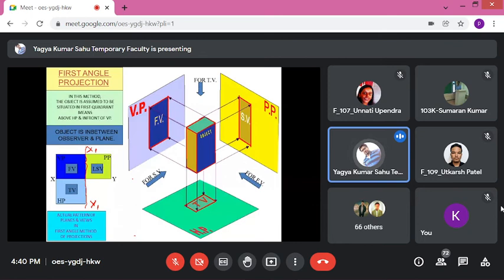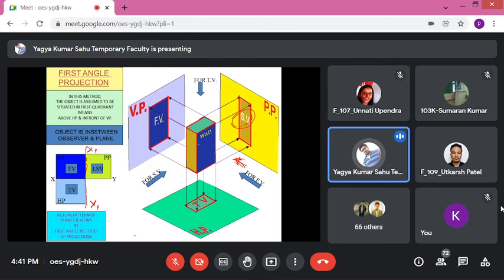This side view is nothing but the left hand side view. This one is the left hand side view. Why are we calling this the left hand side view? If you are drawing the side view on this particular plane, this side is projected on the profile plane. So from this side, what will be the name of this particular face? Left hand side, no? That's why we are calling this side view the left hand side view.